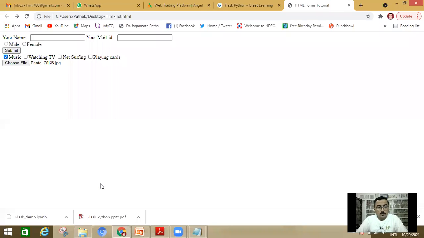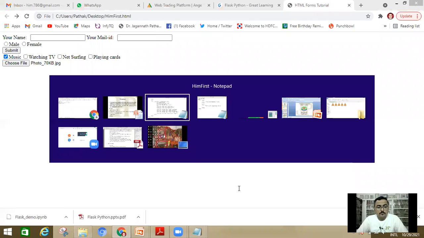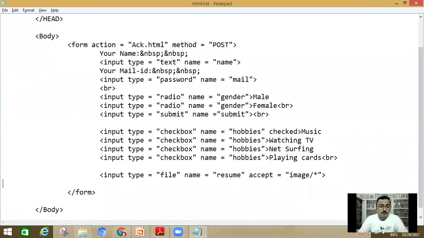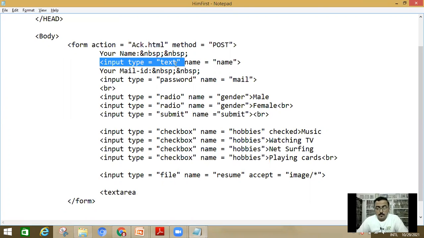Now I'm going to write down again. So what type of element is text area? It is different from this one. Type is equal to text will give you a single line text box. But with the help of text area, you can supply more than 1 row.